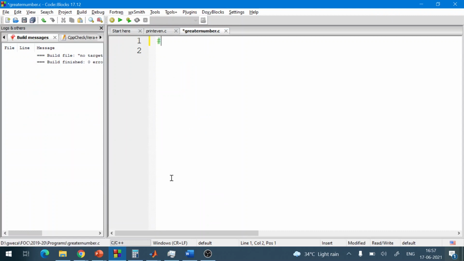Now let us make some basic program. Void main. This is what we have to write. Since we have to find the greater number between two, we will take two numbers a and b. And how to give input to them? Instead of input, I can give it here as part of initialization. b equals 9, right? Now I have to compare between them, so again we will use a comparison operator.